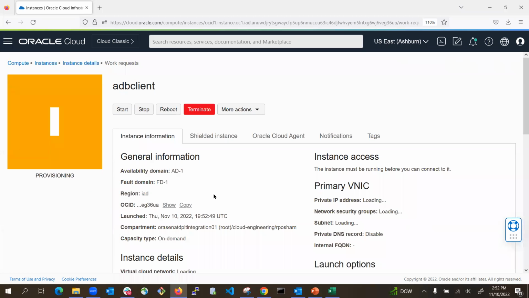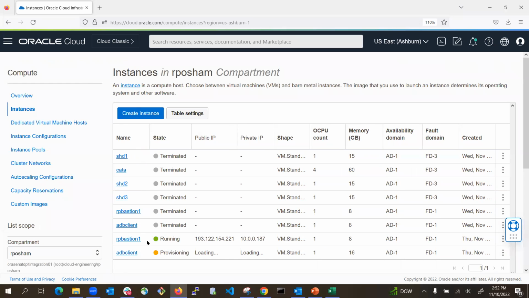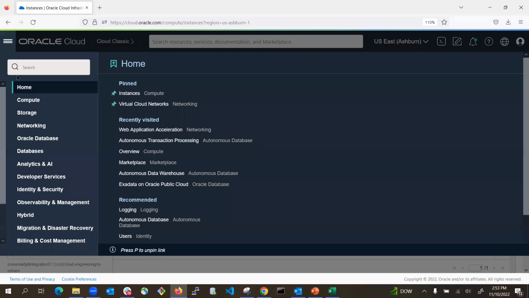All right. While those VMs are getting created, it's probably already created the first one, right? So this is already running. This is my public IP address, this is a private IP address. So let the other one get created. In the meanwhile,